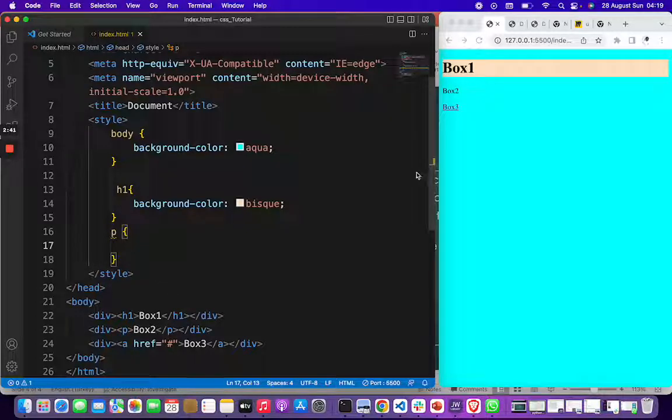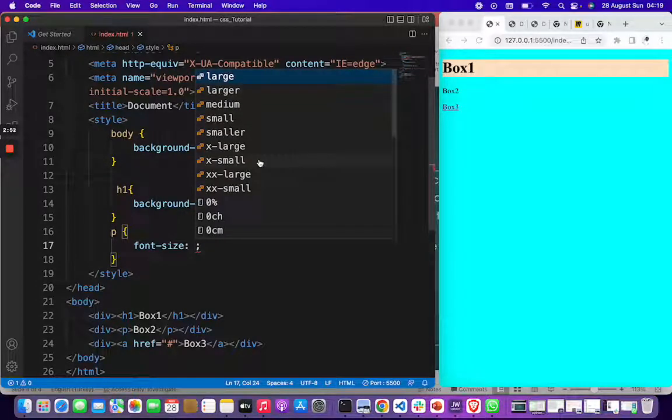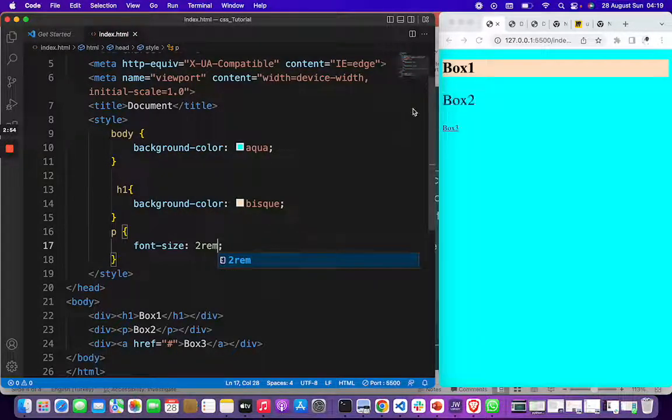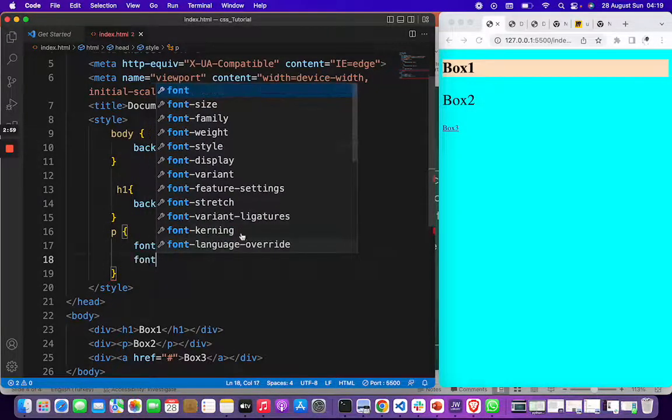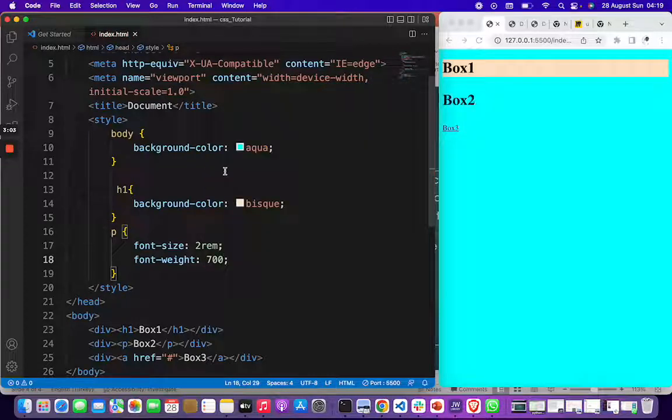So now we have the p tag, and we want to give it a bigger font size, and we'll say font size, and we'll say 2 rem, right? And let's see, of course it's 2 rem, and we can say font weight, and let's say 700, and let's see, of course it's 700, right? You can see it's as bold as the h1 tag. And then we can come down and say